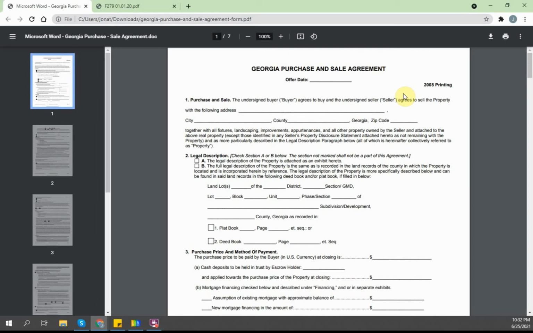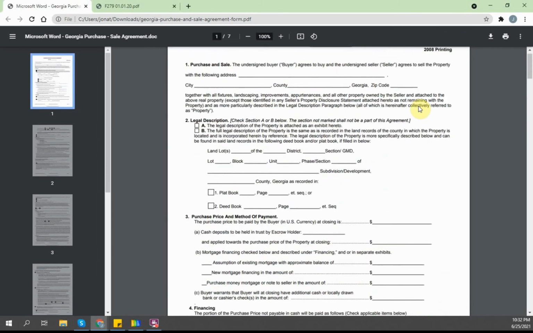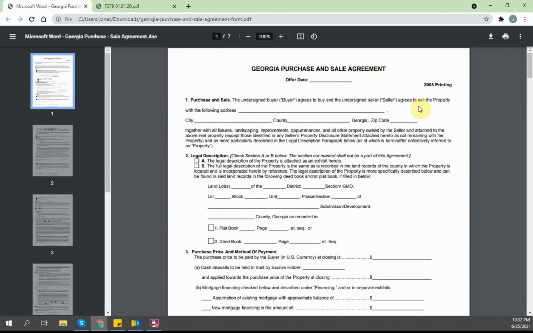This is a Georgia contract. However, they're pretty similar. This is the long one. This is the one realtors use. Us wholesalers, we don't have to be bound by this contract. There's a lot of 2-page contracts, even a 1-page contract. As long as your contract has what it needs to have in there, you're fine. Most of the 1 and 2-page contracts will be fine.